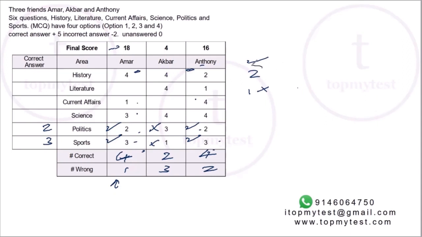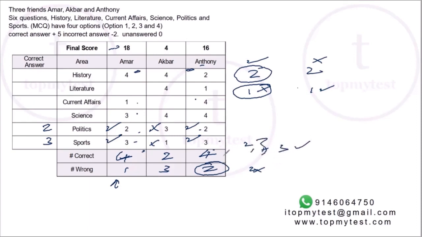Now the 2 questions that Amar gets right, Anthony will get those 2 questions wrong because his answers are different from this. So both the errors of Anthony are already done. Which means that the question that Amar gets wrong, Anthony will have to get it right because both his errors are done. So the attempt has to be right. So that will take care of 2 wrongs. You already had 2 rights and plus 1 more right. So that gives you 3 rights.